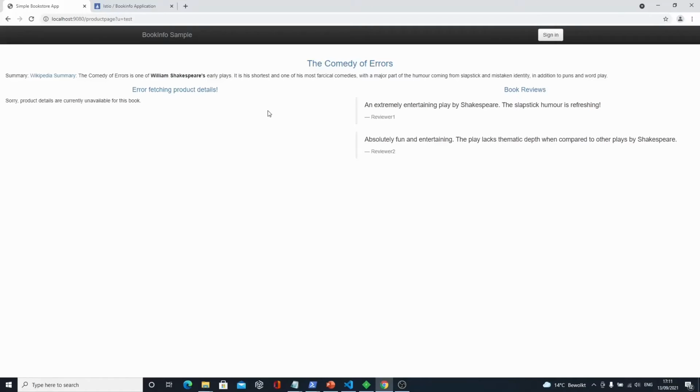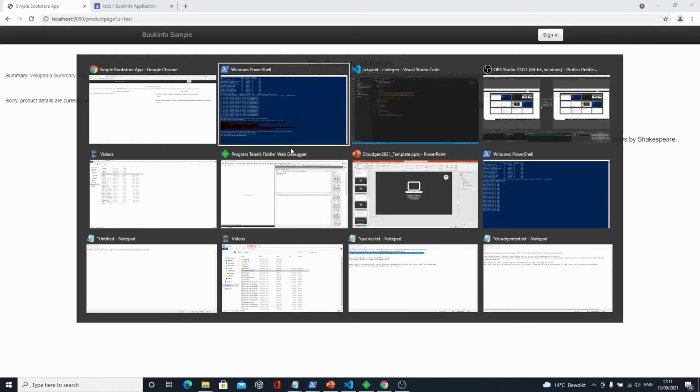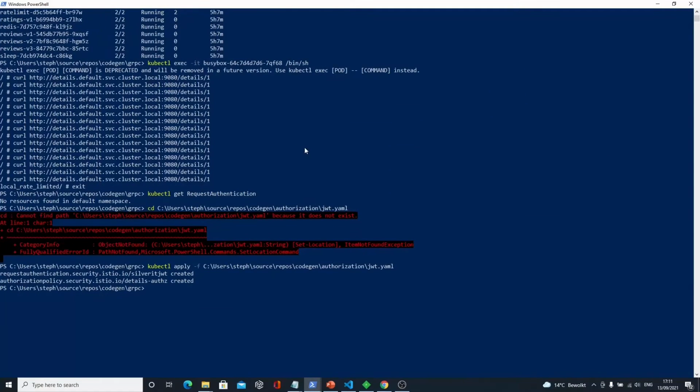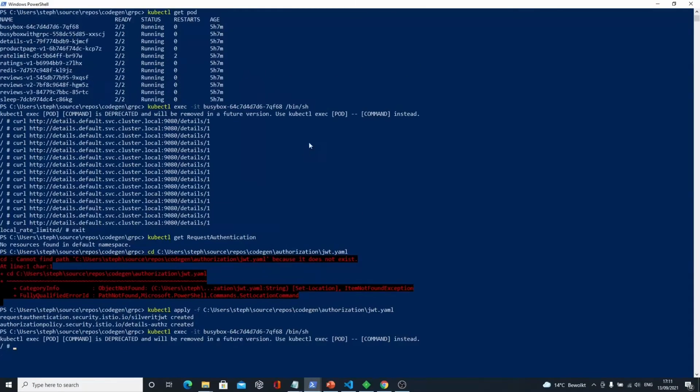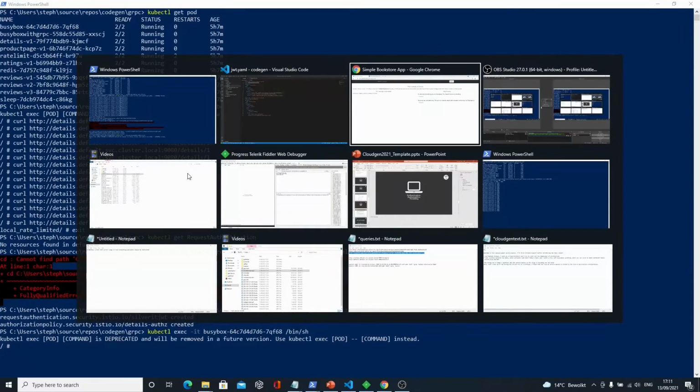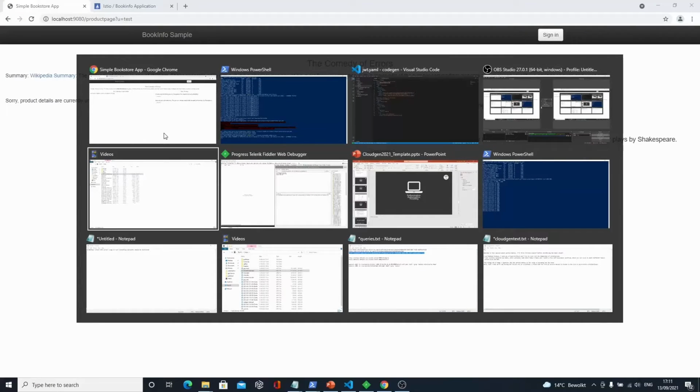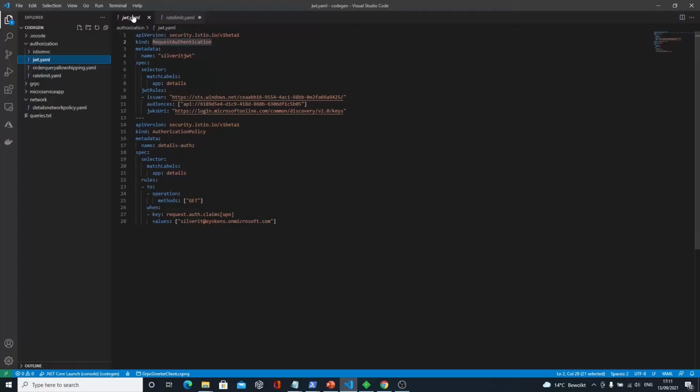To do this, what I actually did is, and of course, if I connect internally, if I exec again into my busybox, I will have the same issue. So let me try to find where it is. It's here, the path.